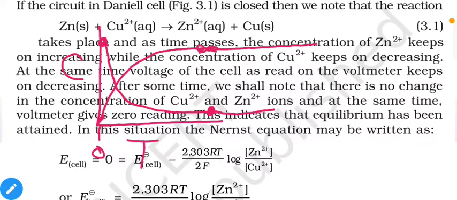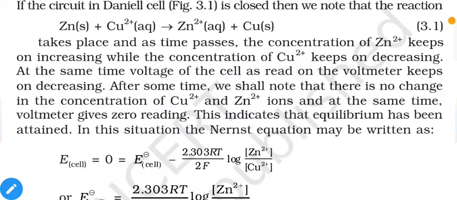Okay, so in short, earlier reactions are faster and later it will slow down and eventually it will reach equilibrium, which can be seen from this representation. Now same thing happens with our cell. In initial period, change in the concentration of Cu2+ and Zn2+ will be comparatively more and later it will slow down until it reaches the equilibrium. And after equilibrium, concentrations do not change.